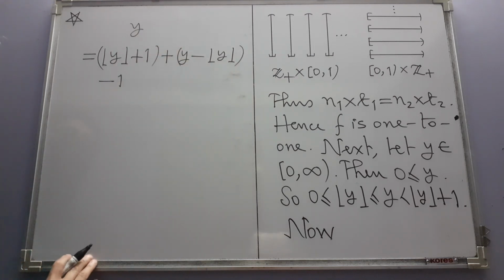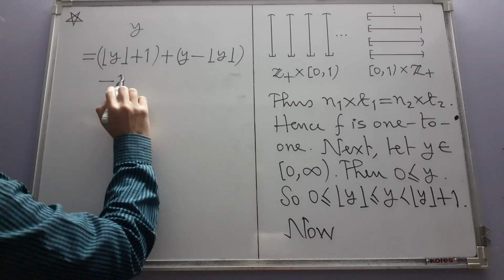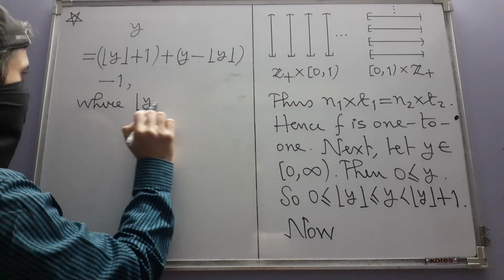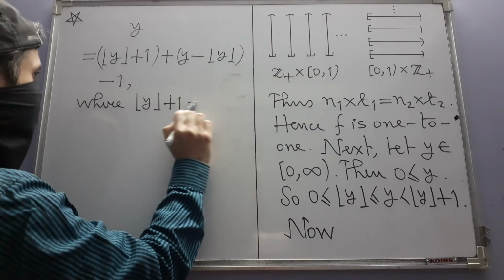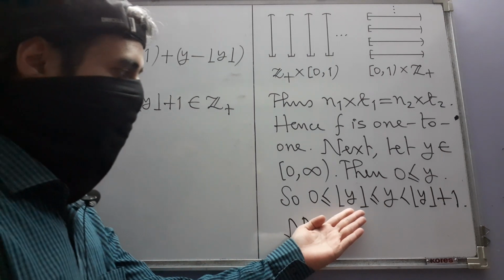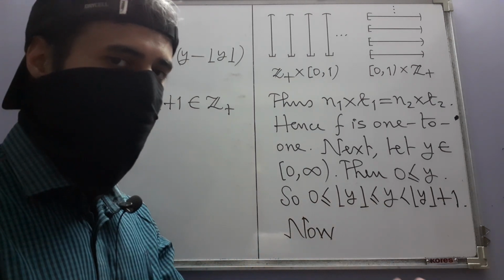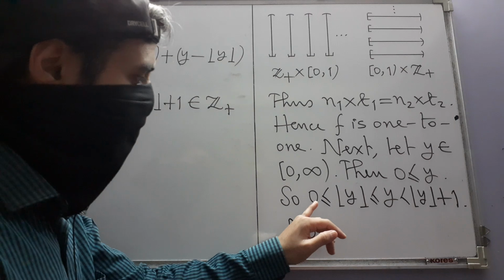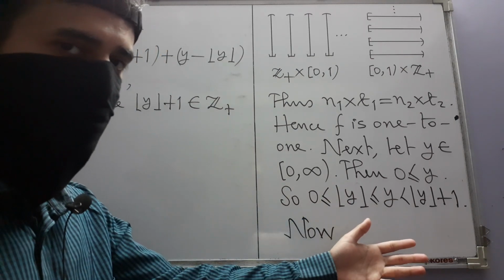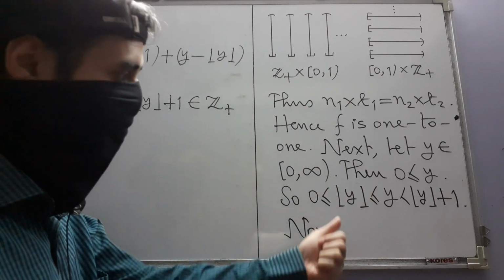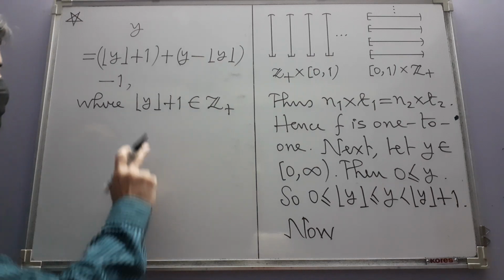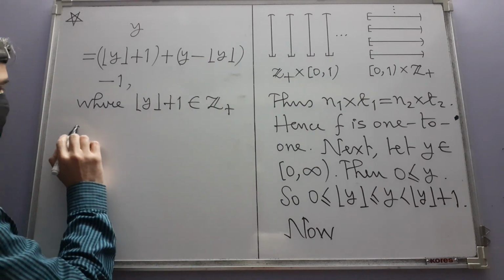Yes. Now, do you see something where floor y plus 1 is a positive integer? Why? We already know that the output of the greatest integer function, any output, is an integer, but not this inequality. It is non-negative. So adding 1 to it will make it a positive integer. Even if it is equal to 0, adding 1 will give you 1, which is positive. So this is a positive integer. And